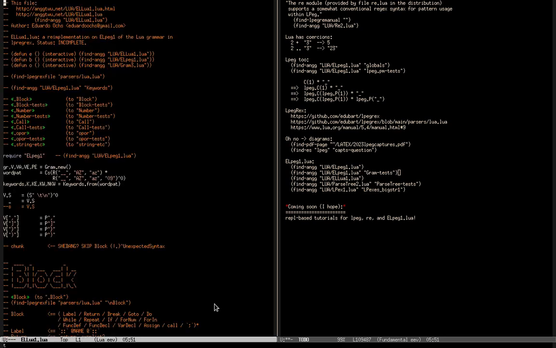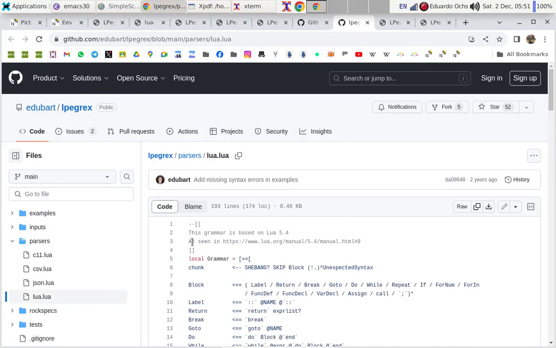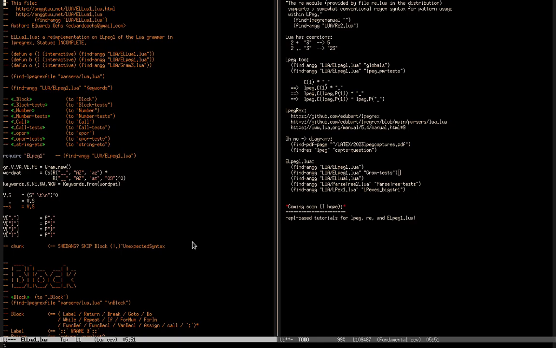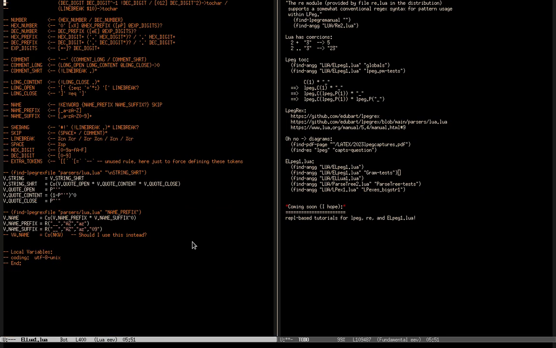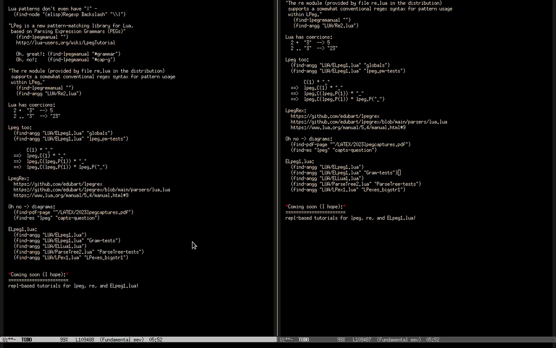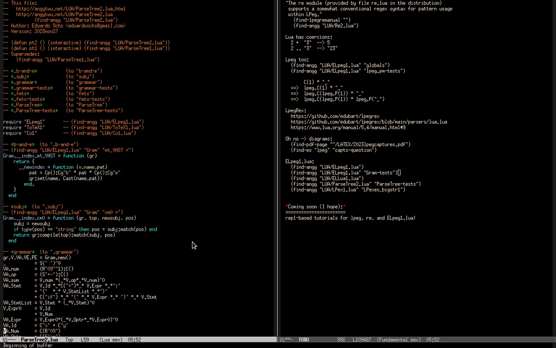Let me show something else. I was able to translate a good part of the Lua parser to LPeg1.lua. I haven't finished yet, but I have most of the translation here. And after having all that, I was able to build other grammars very quickly. Writing new parsers finally became fun. And here's one example that I showed in the beginning.